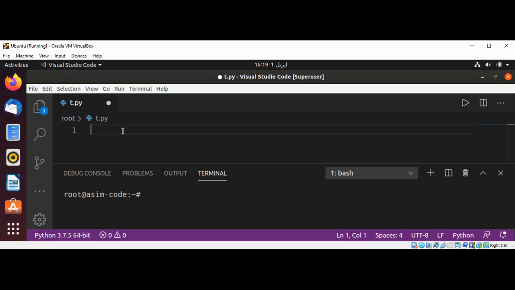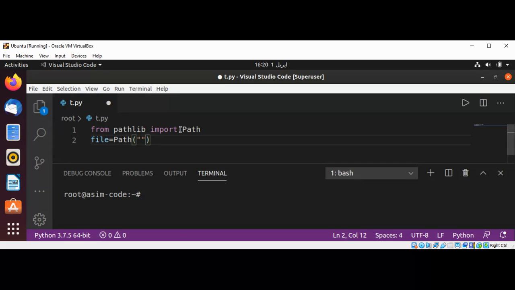First, I'm going to import from pathlib, import Path, and then I'm going to save into a variable file, using Path. And here you can pass in the path to your file, such as your file path,